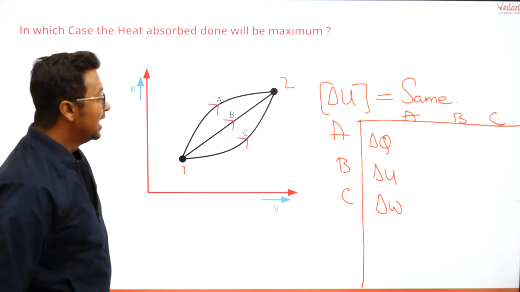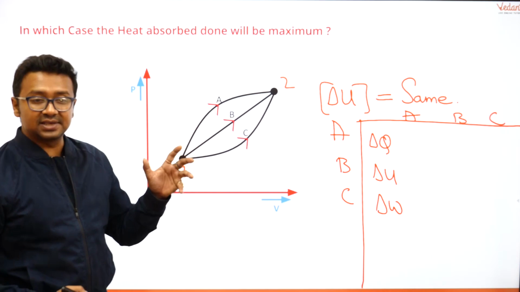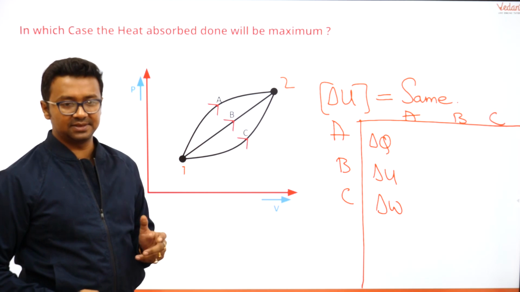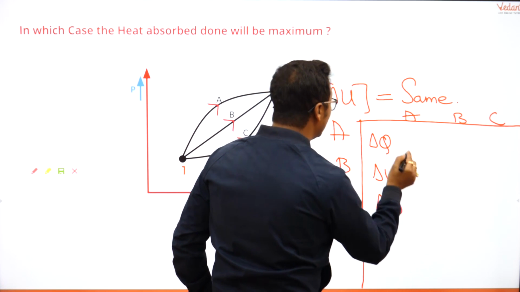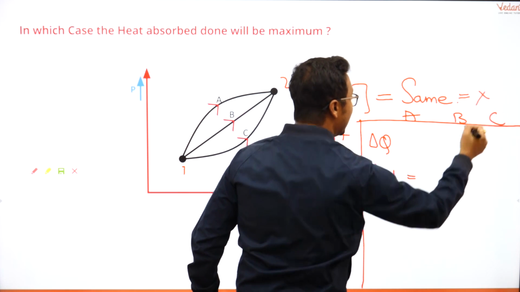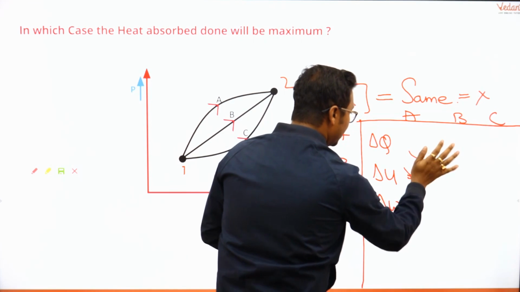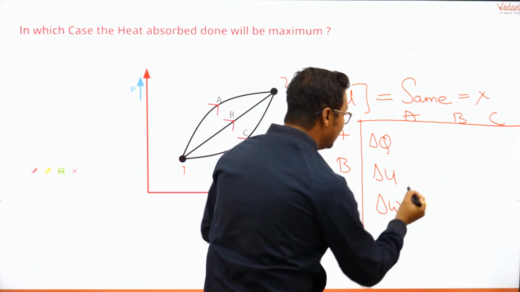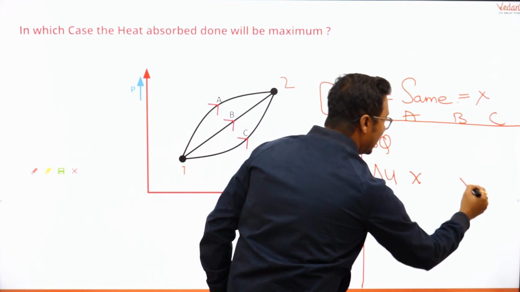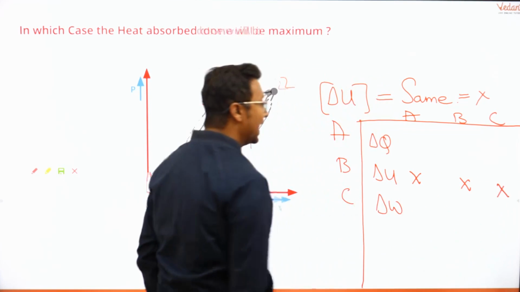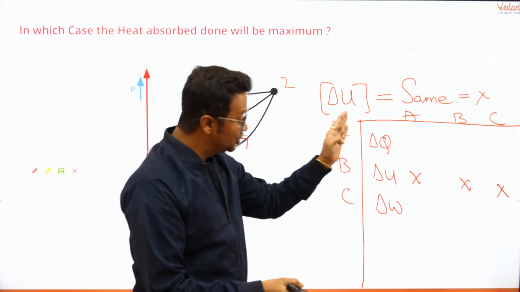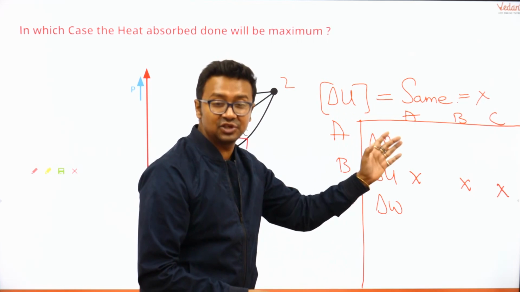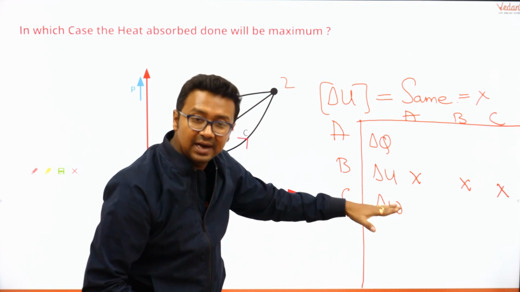Clear, students? Now understand in which case is the work done maximum, because delta U is basically, if the value of the change is X, then we have delta U is X for A process, B process and C process. Clear? So everything that is to judge delta Q is maximum in which case is basically depending on delta W,